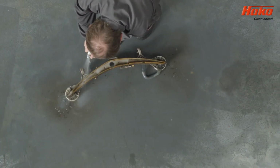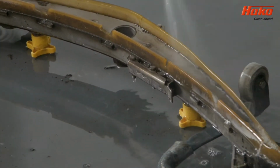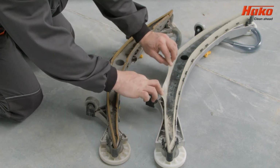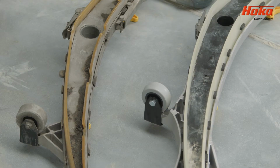Rinse the panel thoroughly under running water to remove any debris inside and on the squeegee. Check the condition of the squeegee. If the squeegee blade is worn on one side, then reverse it. When the squeegee is beyond use on both sides or has cuts and chips in it, then please make sure